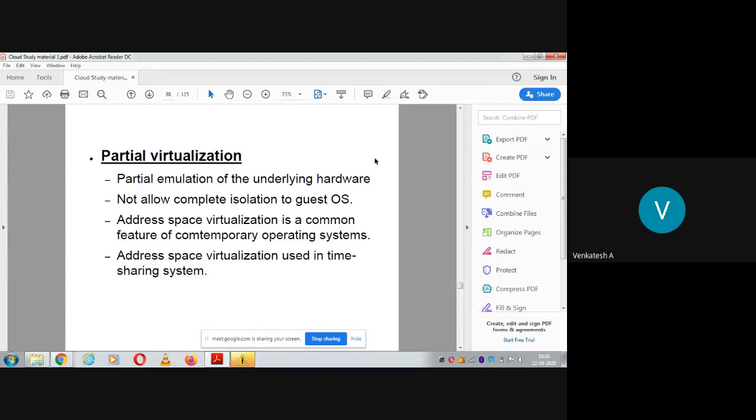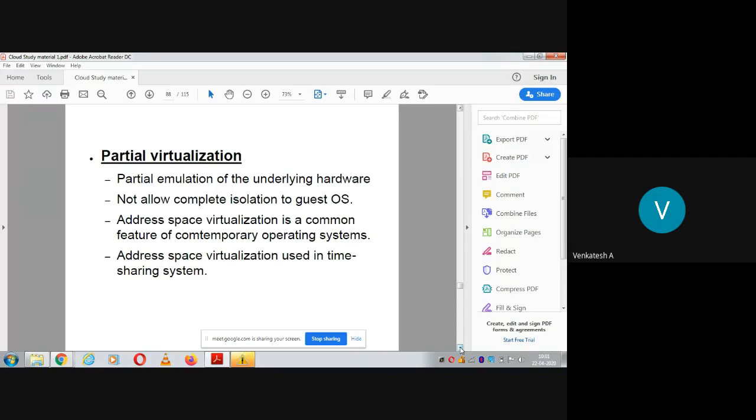That's about partial virtualization. So the takeaway is that it is not complete virtualization; virtualization happens partially on demand, and the address space virtualization will be done. You cannot isolate the guest operating system completely, because it is dependent on the host OS as well, and address space virtualization happens on demand during runtime, and it will not provide much security compared to full virtualization.